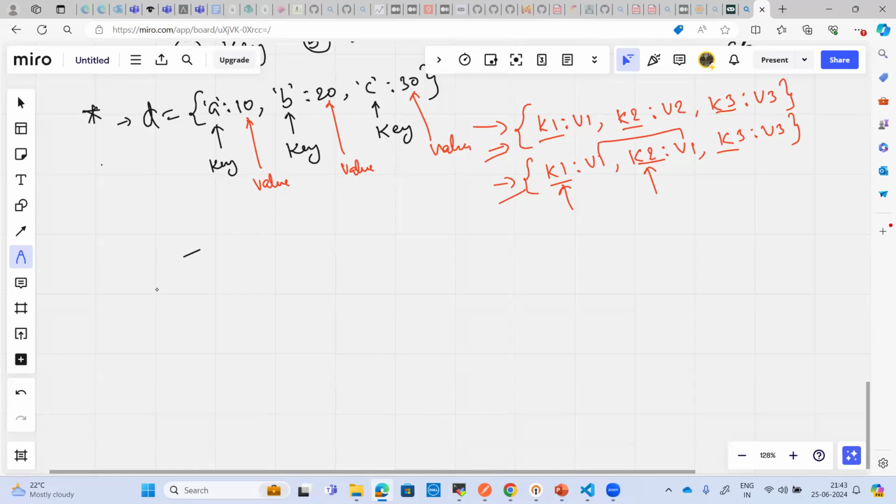Suppose we have this empty dictionary. I'm just taking a name, D, you can take any name. Now the question is, how do you add a value in that? Dictionary is mutable, which means you can add, modify, and delete. So the way to add values or items in a dictionary, you'll have to write it like this: